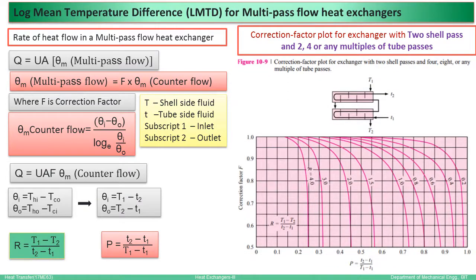We can have this plot. So all four plots will look similar, but there will be a slight change in values. For each case the curves are different, and you can make it out. I'll provide a compilation of all these charts separately along with this video, so you can have a look at that and use it in the calculations. The next video will be on some problems related to this, and the next part of it is the effectiveness method. The next method is the effectiveness method.